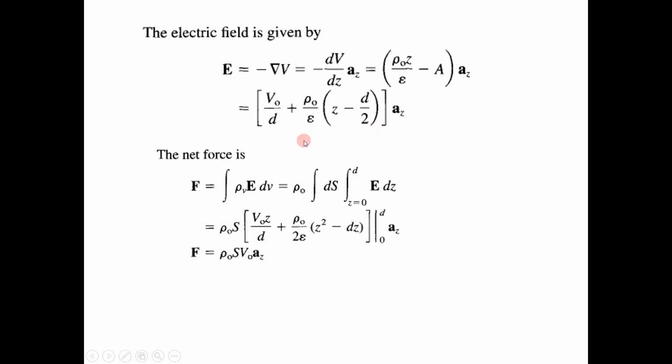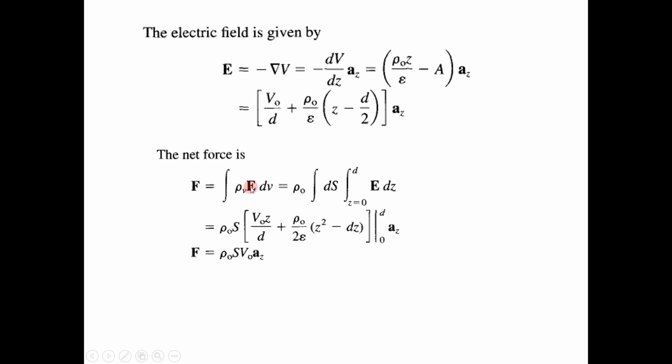Next you are asked to calculate pressure. So first you calculated V. Always, if you apply Poisson's equation or Laplace equation, the first thing you are getting is V. From V you have to calculate the corresponding values. So from V you calculated E, and next is to find F. To find F, the equation is volume integral of rho v E dv, because EQ, the product of charge and electric field intensity, will give you force.